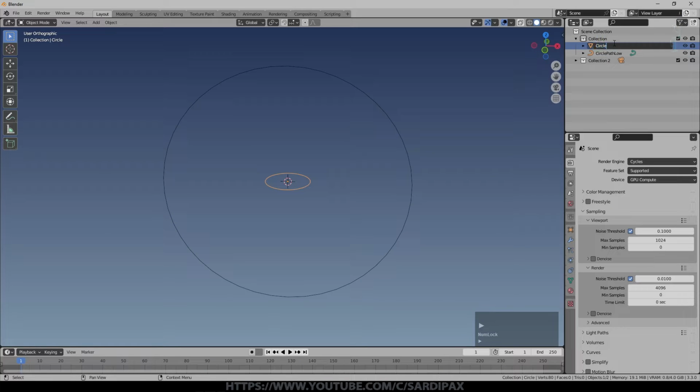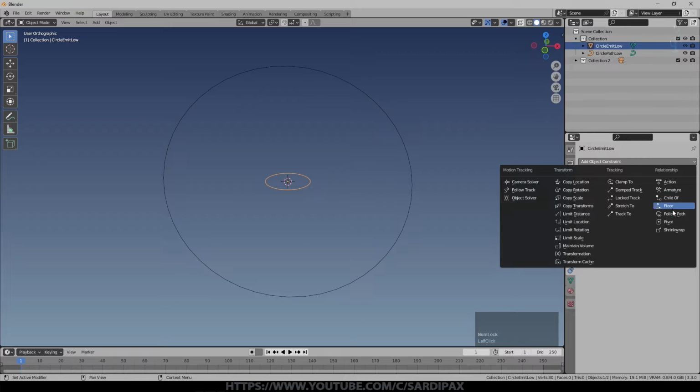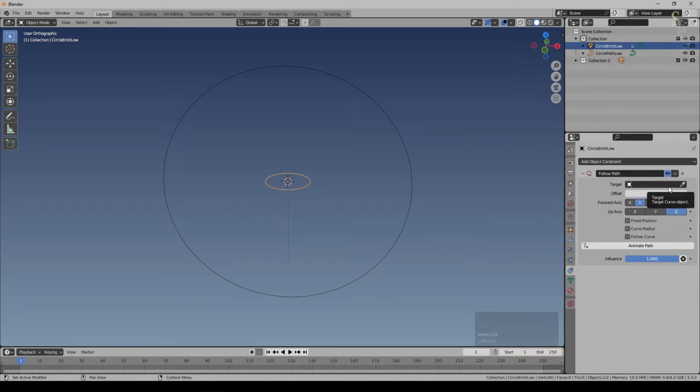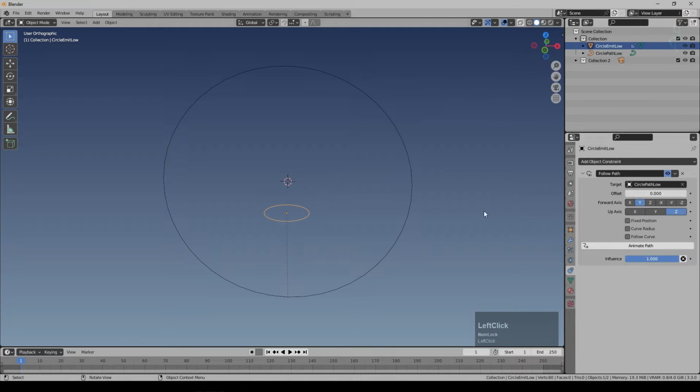So we'll call this circle emit low, and then I'll go into constraints down here and we'll add an object constraint, and we'll say follow path. There is a sort of shortcut way of doing this, but I'm just going to do it the full way. The shortcut way is to group it, and when you group it, it will ask you if you want to animate the path. But I'm going to here select the circle path low,